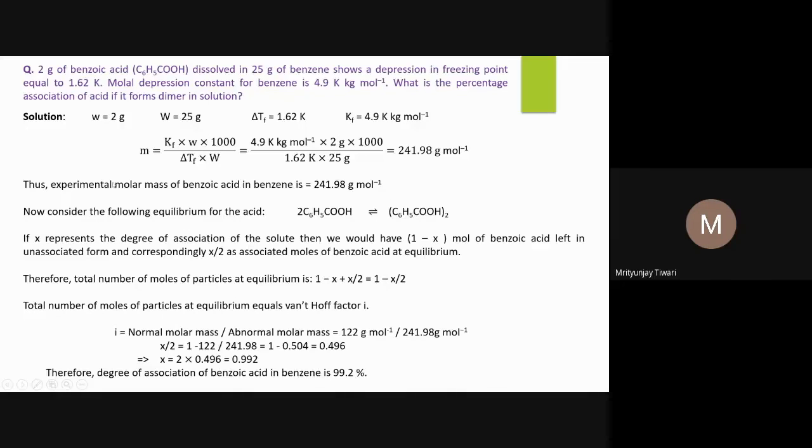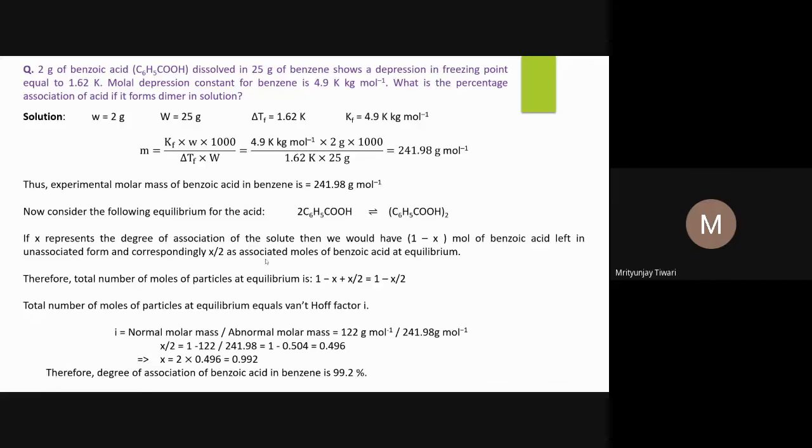And now what we know is that benzoic acid forms a dimer in benzene. Why it forms a dimer in benzene, we will see later on when we study organic chemistry, and I'll explain it there. But just remember that these carboxylic acid groups associate in a non-polar solvent. Benzene is a non-polar solvent, so it gets associated. In a polar solvent it gets dissociated into the acetate ion and H plus ion. That is why, in aqueous solution it behaves as an electrolyte, and in a non-polar solvent like benzene, it gets associated.